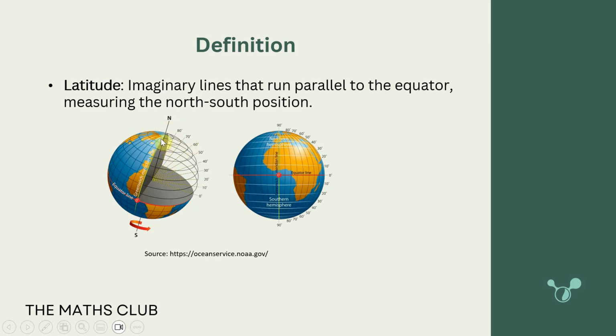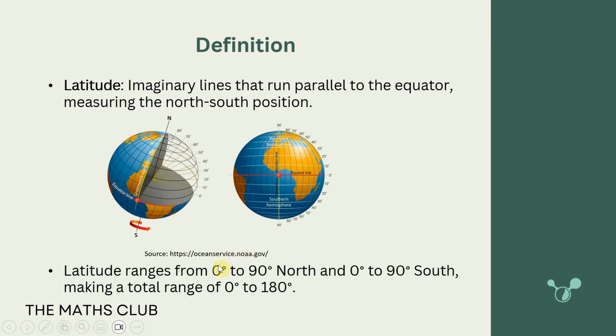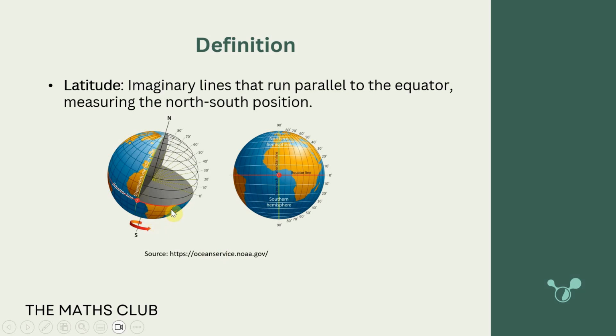So all of them are making their own small circle round. The latitude ranges from 0 degrees to 90 degrees north and 0 degrees to 90 degrees south, making a total range of 0 to 180 degrees. So what do I mean? From this point here, if I wanted to